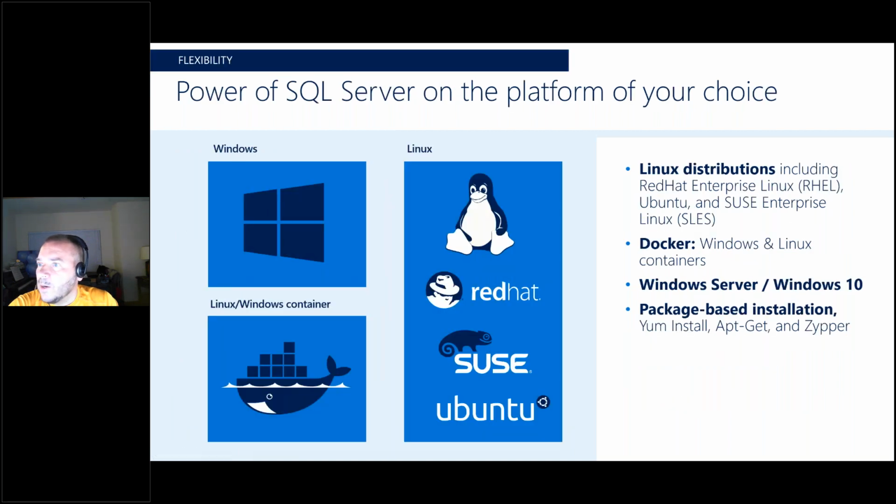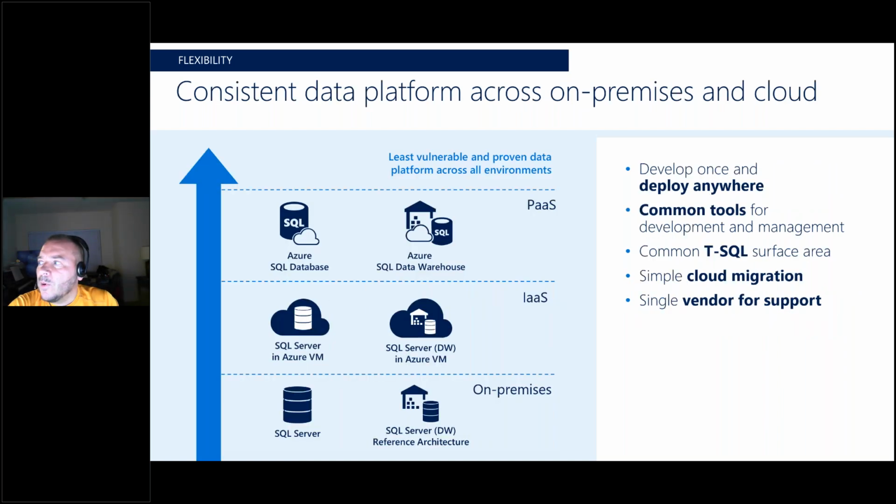We also already talked about the platform of your choice, so I'm not going to spend time on this one. The important thing is to understand that the SQL Server engine is pretty much the same that we have in Azure SQL Database and managed instances, and also in Azure SQL Data Warehouse. So if you are looking for a PaaS solution, these are the ones you want to look at, and specifically managed instances, which is not called out in this slide, is very cool because it has the full T-SQL surface area capabilities like CLR functions and agent jobs and so on that SQL Server Box has as well.